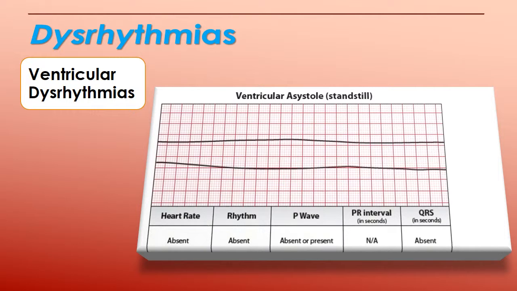The SA node may be firing, depolarizing, but really we don't see anything on the monitor. There's not even a P wave. Asystole is a very poor prognosis, not compatible with life. Resuscitation will need to focus on managing airway and getting oxygen to the tissues, and epinephrine and atropine may be used and should be, but really